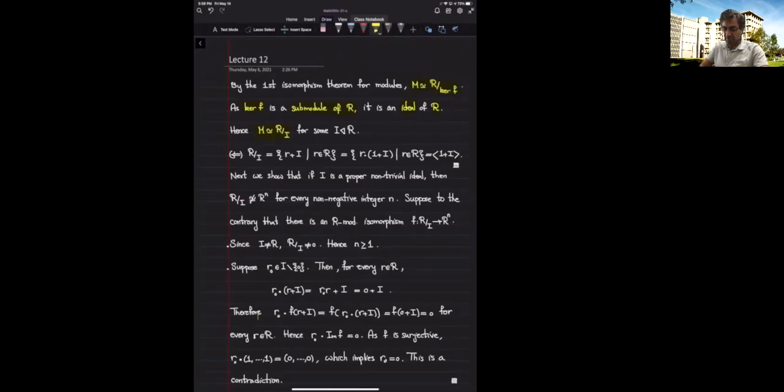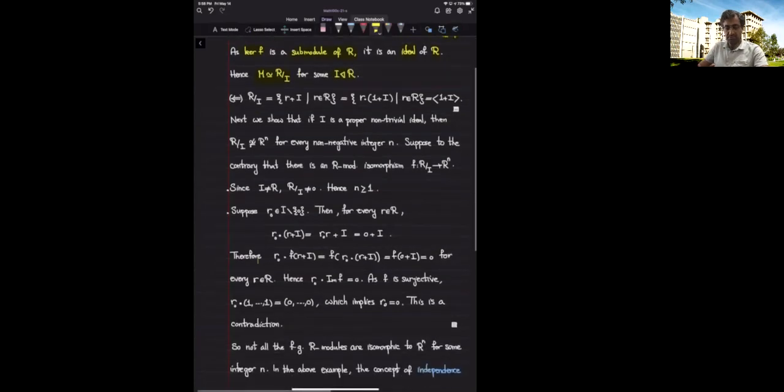M is isomorphic to a quotient of R by some ideal. Okay, very good. So this implies that the left-hand side implies the right-hand side. Let's go the other way around. I want to show that the right-hand side implies the left-hand side,